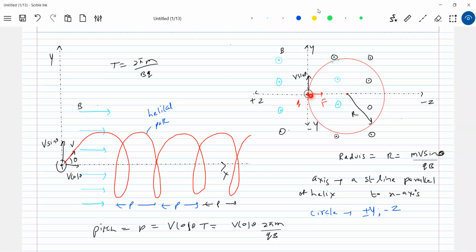So shall we write equations for the x coordinate, y coordinate, the position vector, and also the velocity vector at any time? How to get the expression for the position vector and velocity vector at any time. Let me define one more quantity called alpha, equal to qB by m, which is the specific charge times B, which we write as alpha. Okay, this is about the helical path here.